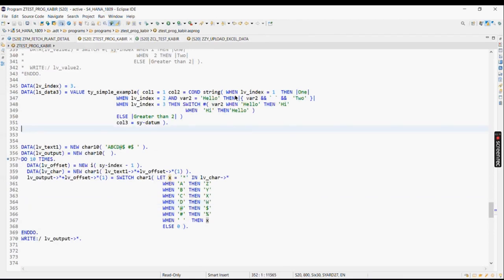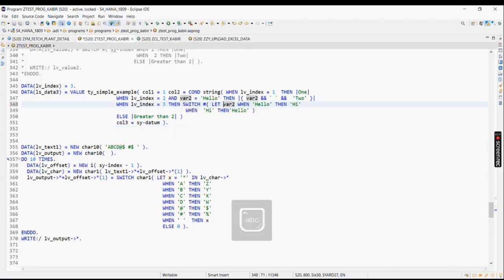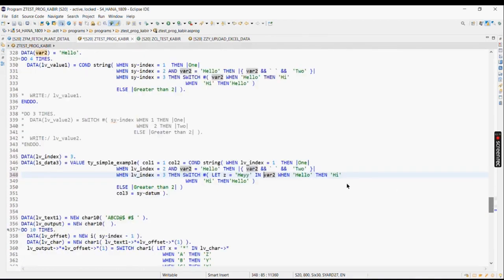Suppose here, in this case, when I am using a switch operator, if I use let Z equals to hey in var2, when hello, then hi, okay. So by default var2 was hello, right? Then if I replace this with Z,